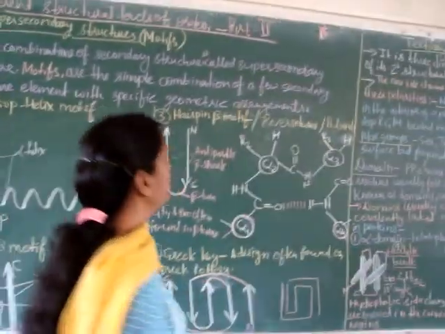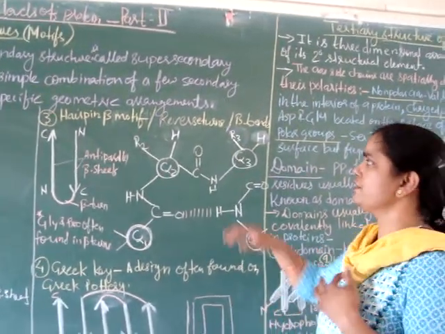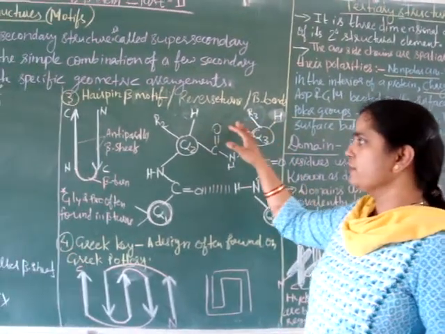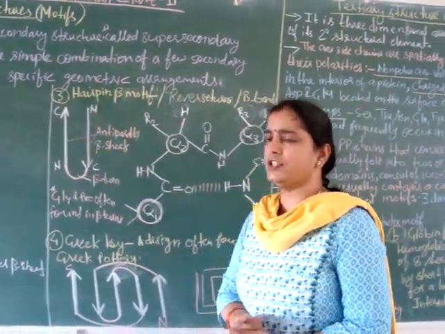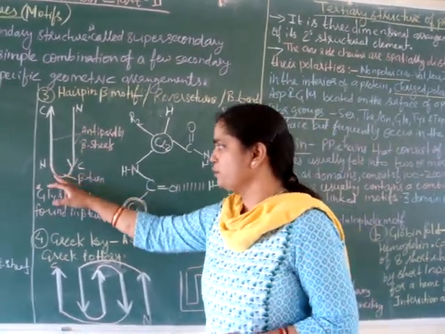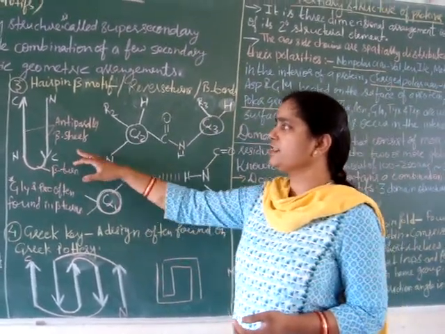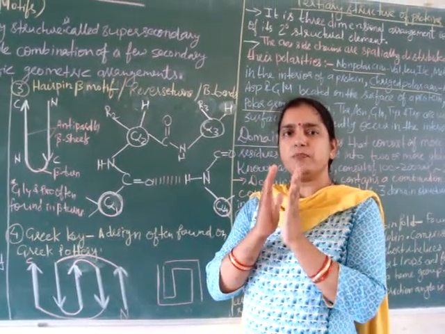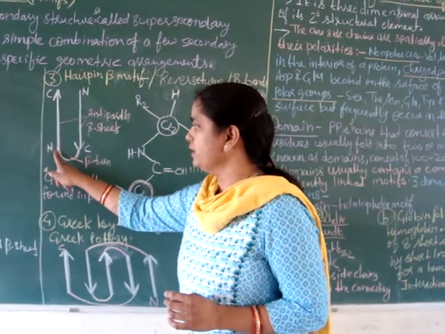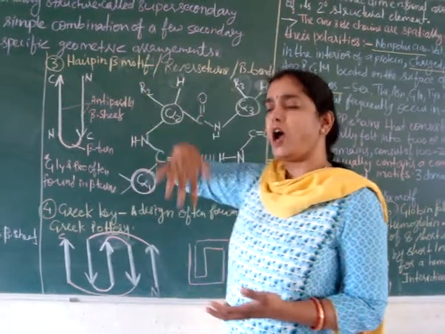Then the third one is the hairpin beta motif, which exploits the beta-beta motif structure, and it is also known as reverse turns of beta bands. In this motif structure, two anti-parallel beta pleated sheets are joined together by a small loop region that is known as beta turn. Because the beta sheets are anti-parallel, there is less space between the two beta sheets, and that's why they are joined together by a short loop region that is present towards the outside.